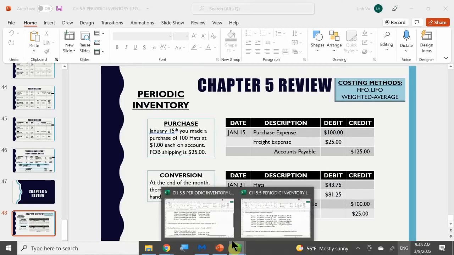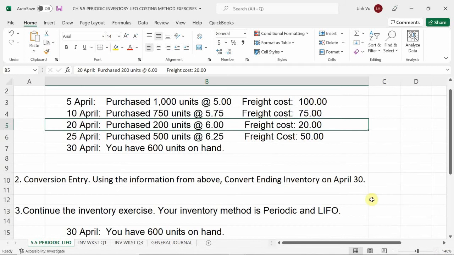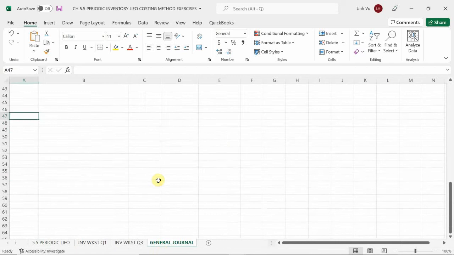So, chapter 2 exercises. Here on April 5th, number 1 says the inventory method is going to be periodic, and at this time it's LIFO. So again, we need to calculate our cost. Now in this case, for the journal entry,